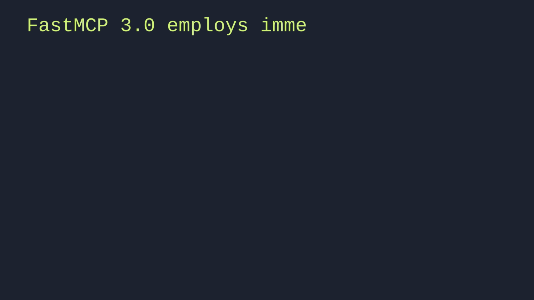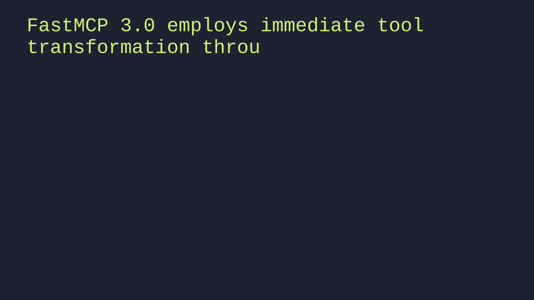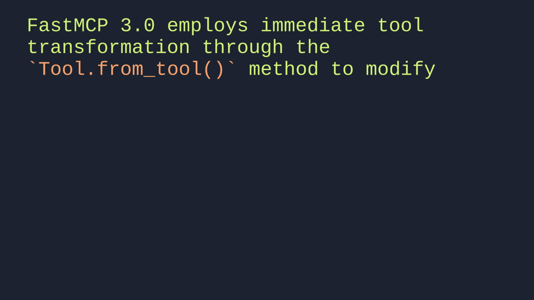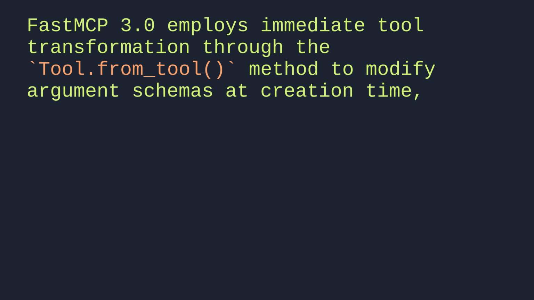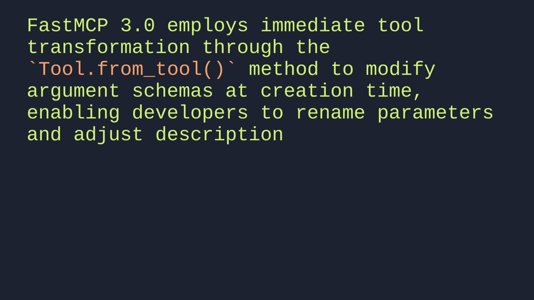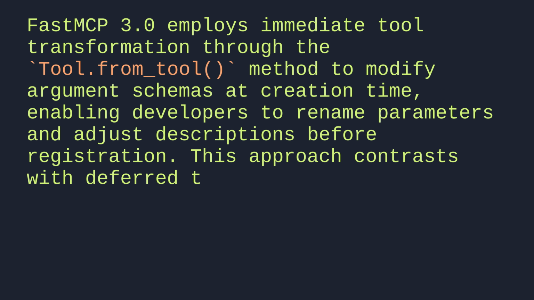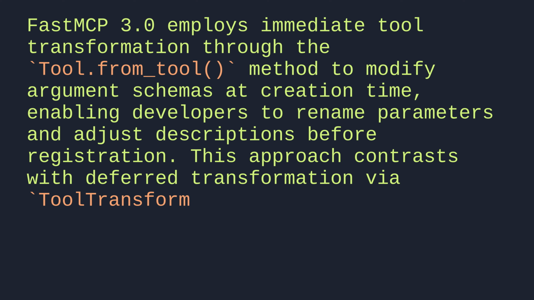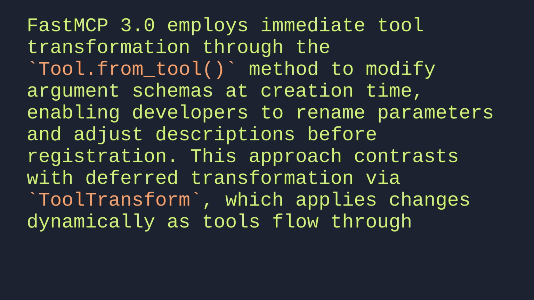FastMCP3 employs immediate tool transformation through the tool-from-tool method to modify argument schemas at creation time, enabling developers to rename parameters and adjust descriptions before registration. This approach contrasts with deferred transformation via tool transform, which applies changes dynamically as tools flow through the server's transform